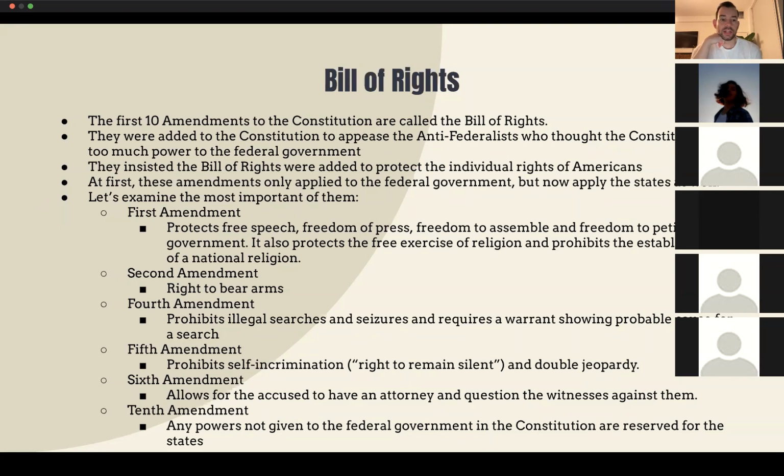If you're interested in criminal law, the Fourth, Fifth, and Sixth Amendments are where you would be becoming an expert in. Again, in law school, that's what you'd be focusing on, those amendments. If you're more interested in First Amendment law and constitutional law, you're probably going to be focusing more on the First Amendment and then the 14th Amendment, which we're going to talk about in a second.